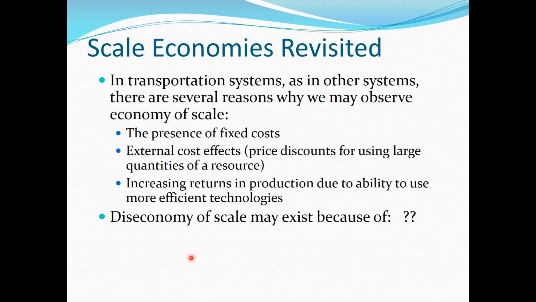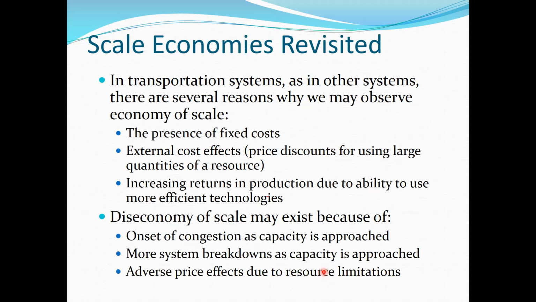Can you think of some reasons why diseconomy of scale may exist? So when you produce more, it costs more. Any thoughts on why this might persist? Yeah, scarcity of resources, maybe poor management and organization because you're not good enough at managing a bigger enterprise. That certainly is true. And then resource prices could be, so basically the management problems, you can call it system breakdown as capacities approach, adverse price effect due to resource